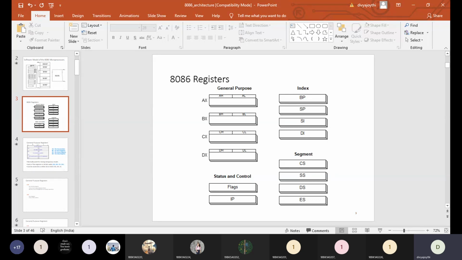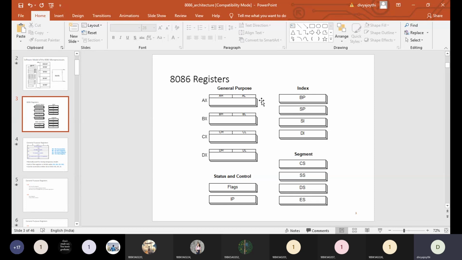And now if you look into each and every register of these general purpose registers like AX or BX or CX or DX, these registers have been subdivided with a notation of H and L. All the 4 general purpose registers have been subdivided with a notation of H and L. You can observe that for all the 4 registers: AH, AL, BH, BL, CH, CL, DH and DL. What exactly do they mean? L stands for lower byte, H stands for higher byte.